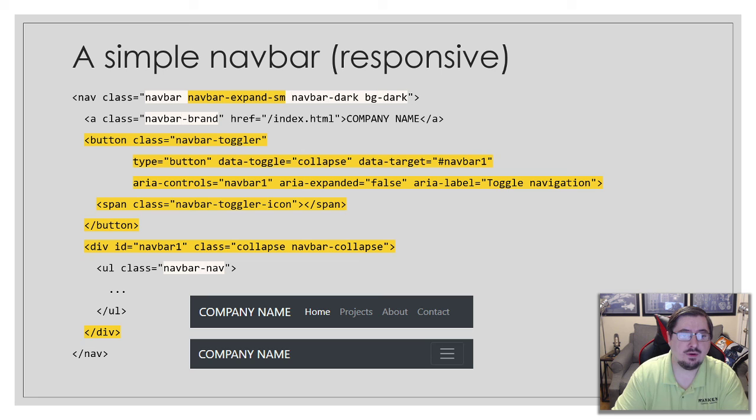So now let's look at how to actually make the navbar responsive. The first and most important thing I need to do is change the navbar-expand, which is not responsive, to navbar-expand-sm. And this will tell it to